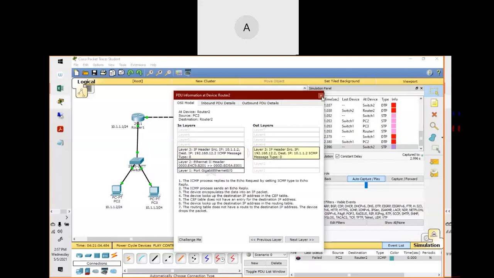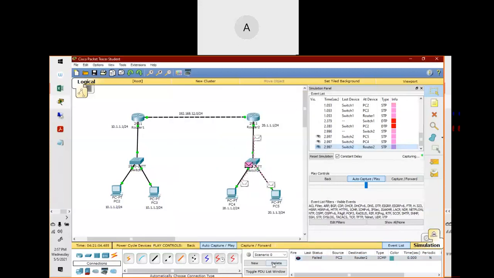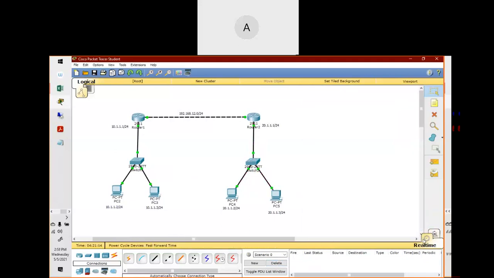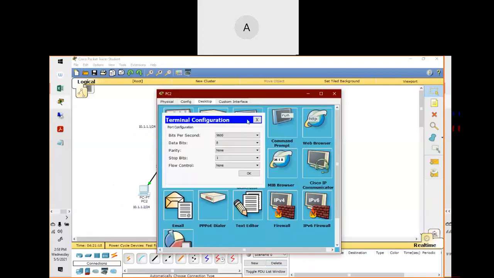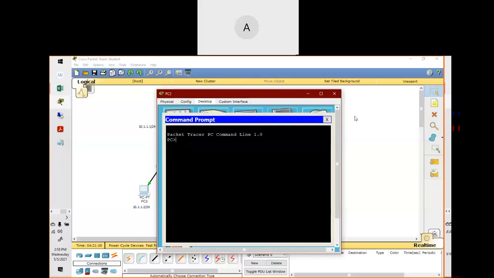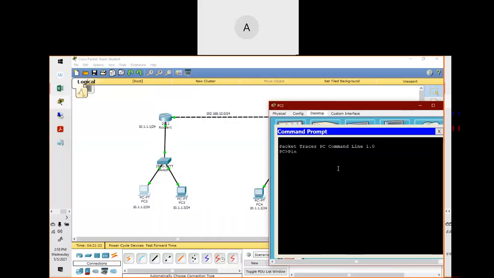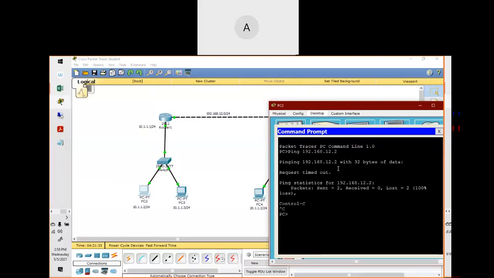So for that you have to learn more about your ICMP header, right? So let me show you by using this one. Let me ping 192.168.12.2. Not reachable. Next, are we able to ping this one? Guys, is it possible?